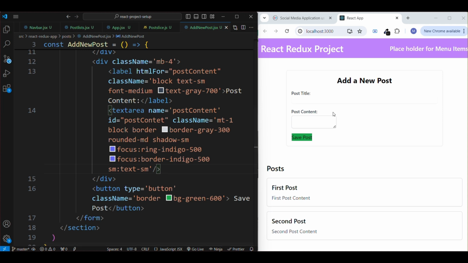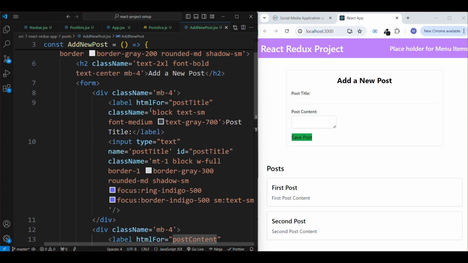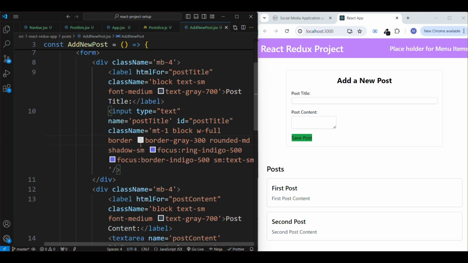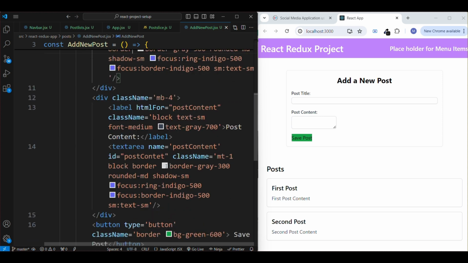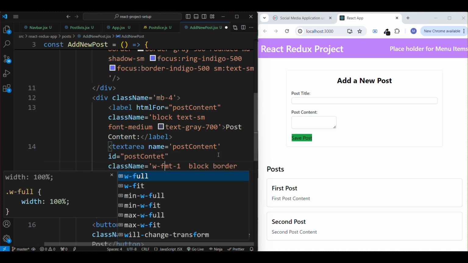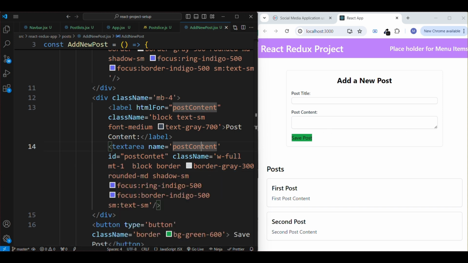Let me save. Okay, we missed width, which should also be the same as the others. Why is the border not visible? Let me go and check. Oh, sorry, we added this. So now add the class name, that is width full. Okay, now we are good. Width full is showing,